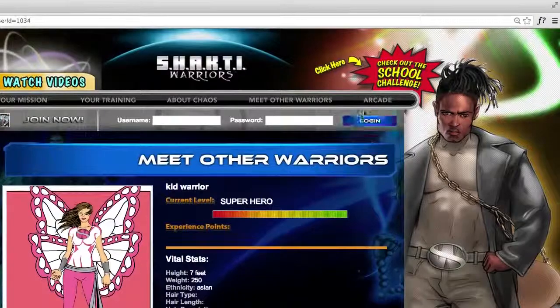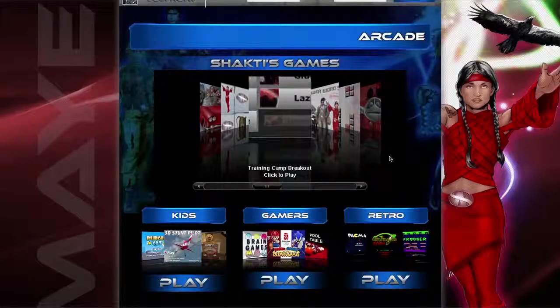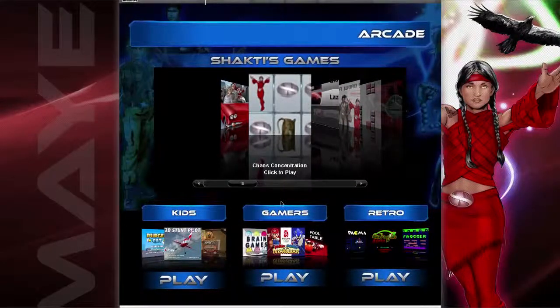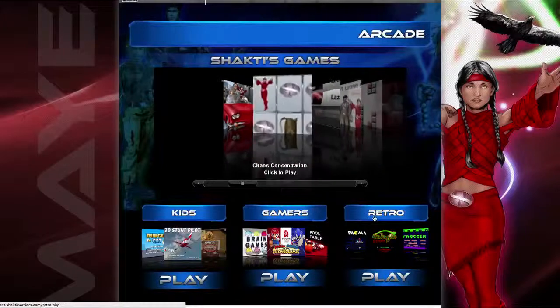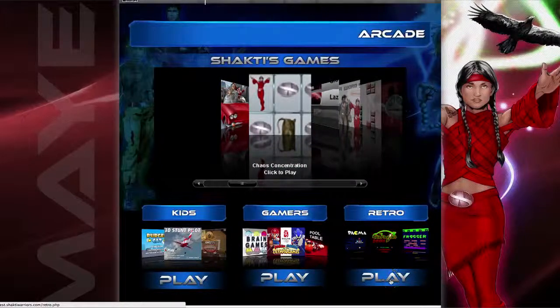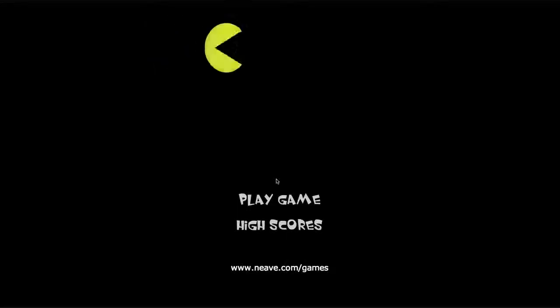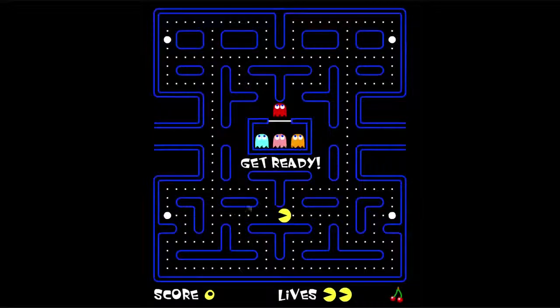You will also notice a banner called Arcade. Here, students play a variety of fun, non-violent, even retro video games. These are a positive way for you to reward your students if they have been a positive team player during your Shakti Warriors session time. Giving them a reward of free play video time is usually a positive reinforcement that says you are paying attention to their warrior training efforts.